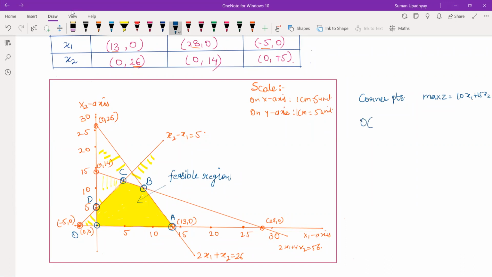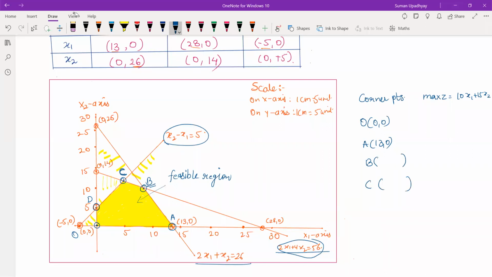So पहला कॉर्नर पॉइंट क्या मिला है, ओरिजिन विच इज 0,0। दूसरा कॉर्नर पॉइंट ए, विच इज 13,0। बी का कोऑर्डिनेट कैसे निकालोगे अभी आप, व्हाट इज द कोऑर्डिनेट ऑफ बी। बी जो दो लाइन का इंटरसेक्टिंग पॉइंट है, उस दो लाइन को आप सॉल्व करोगे। ये लाइन और ये लाइन का। So ये दो लाइन को आप साइमल्टेनियसली सॉल्व करोगे एंड यू विल गेट द कोऑर्डिनेट फॉर बी। सी जो है वो कौन सी दो लाइन का इंटरसेक्टिंग पॉइंट है, ये लाइन और ये लाइन का। तो सी के लिए आप ये दो लाइन साइमल्टेनियसली सॉल्व करोगे। आर यू अंडरस्टैंडिंग हाउ टू गेट द कोऑर्डिनेट्स फॉर बी एंड सी।